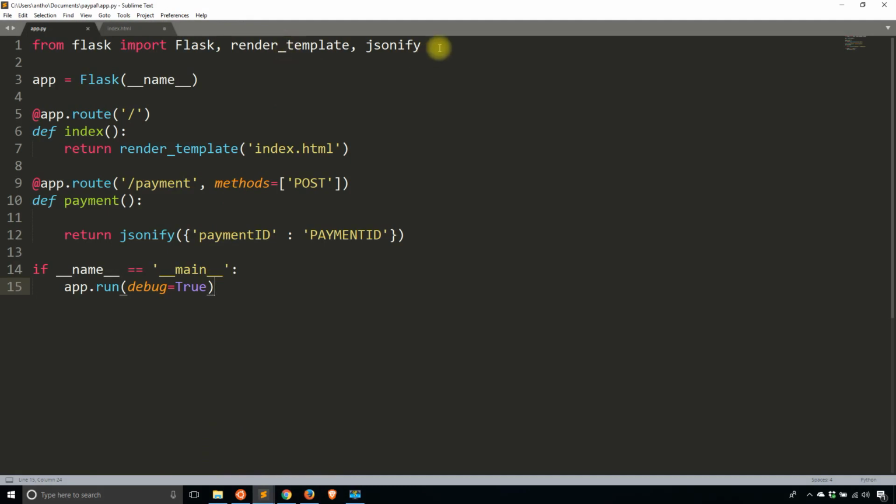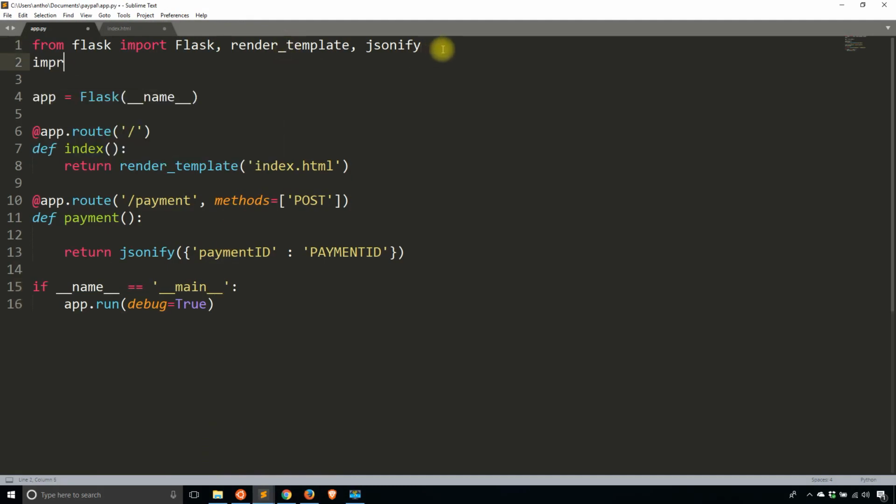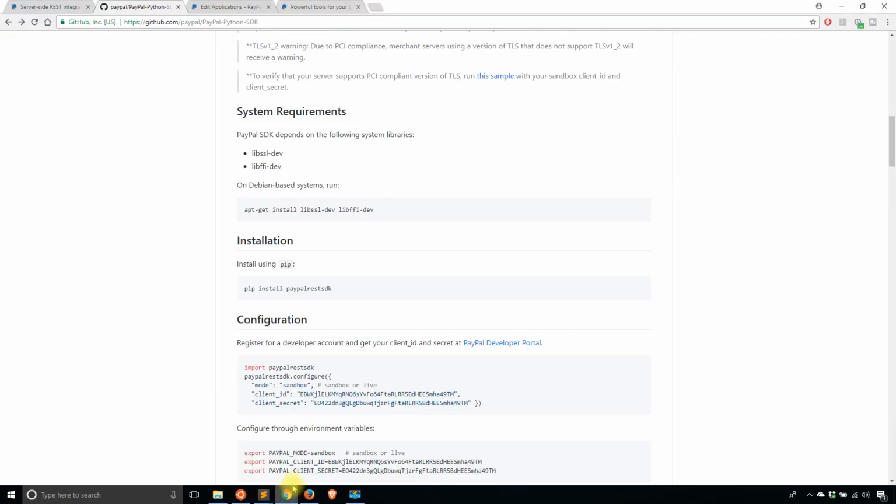So let's do import paypalrestsdk. And I'll just reference that directly, so I won't use from paypalrestsdk import. I'll just continue to reference that directly. So once I have that imported, I can go ahead and actually create payments inside of that route. So to create payments,